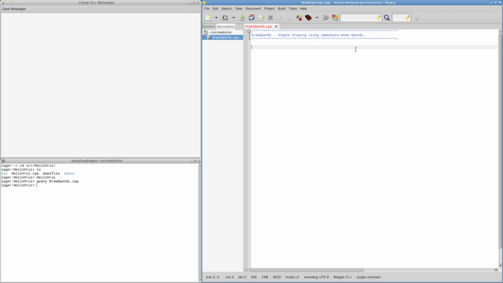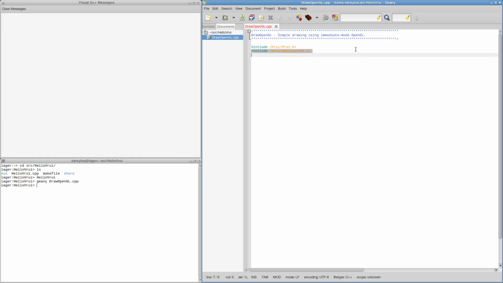Anyway, as we saw last time, if you want to write a Vrui application, we start by including, and I realized last time that I'm very bad at typing when I talk while I'm typing, especially when I talk about something that is not exactly what I'm typing into the text editor. So we're just going to have to live with that, and yes, again, make as much fun of me in the comments as you want. It's okay. All right, so we include the two core Vrui headers, the kernel interface Vrui/Vrui.h,